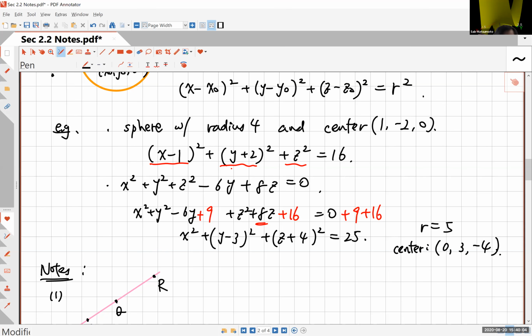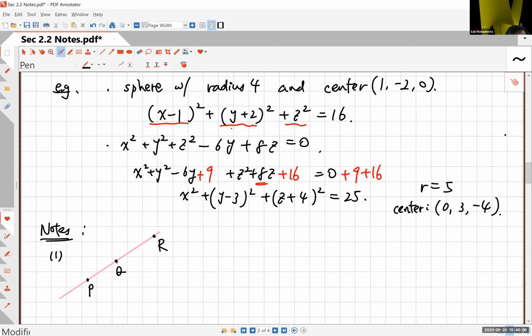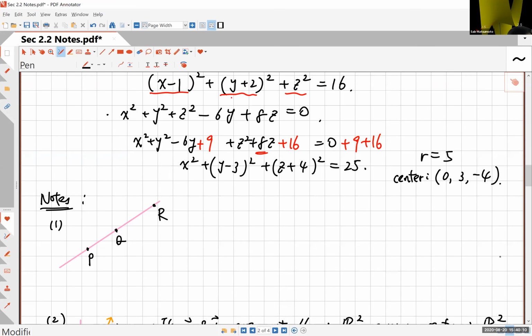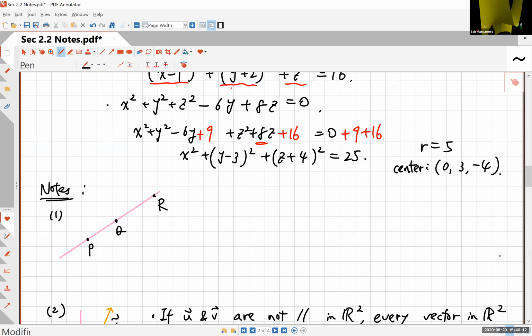So I hope you got this correct answer. This is not too difficult. Let's move on to the next part. All right, so before I finish this section, in order to help you do your homework and everything, I should mention a few things. All right, so first, how do you tell when 3 points in 2 or 3-dimensional space